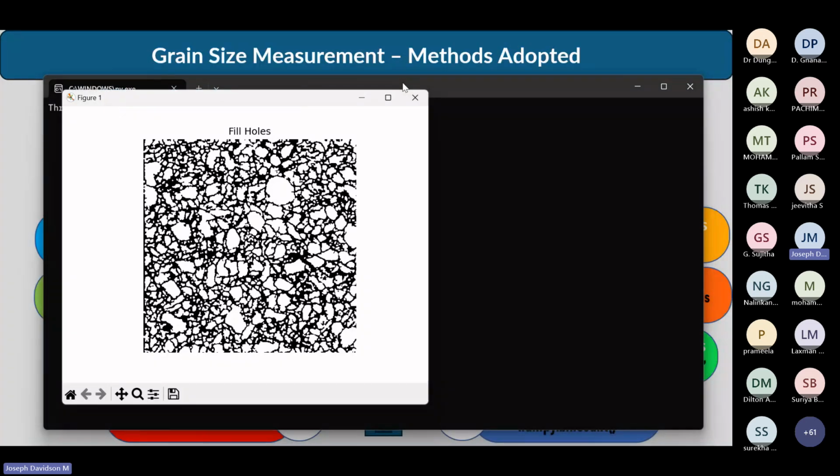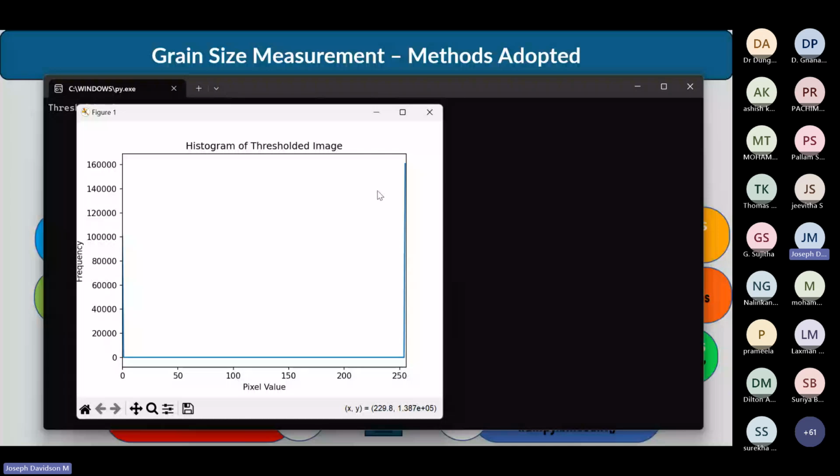Even the small spots available have now disappeared. If you have seen that image before, you still had certain black spots in between, right? So that has been filled now. And we have done a thresholding. I didn't explain the concept of Otsu and other things.